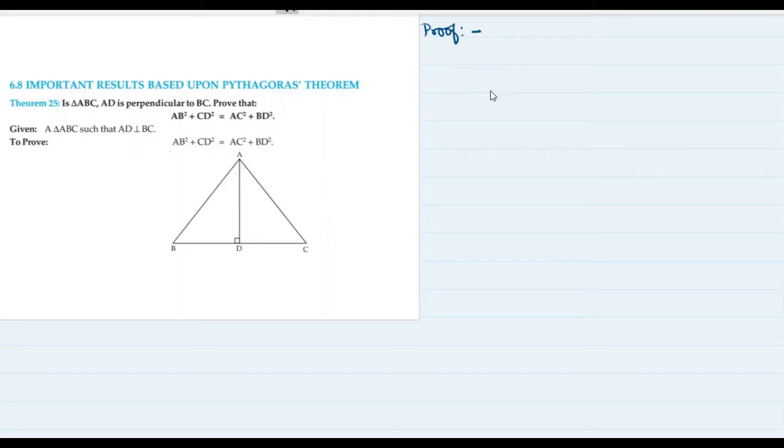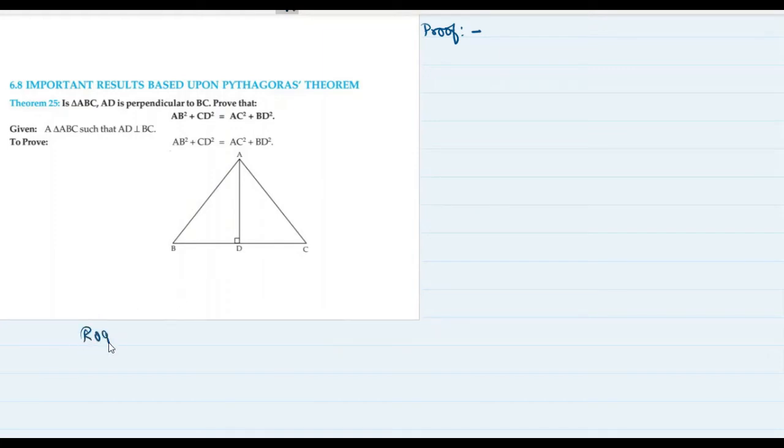Now, let me first ask you. See, this is the technique which I am discussing with you that applies to all the questions. And that is the beauty of Pythagoras theorem, because this is what you need to ask yourself when you come across any Pythagoras theorem based question. How many and which all right angle triangles do you see in the figure? That's the first question you need to ask yourself, and note it down in the rough.